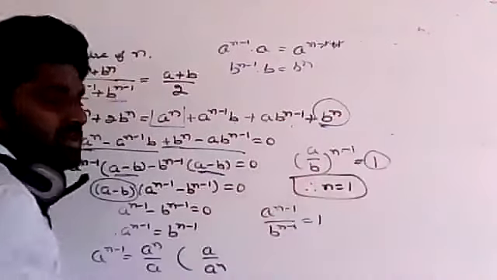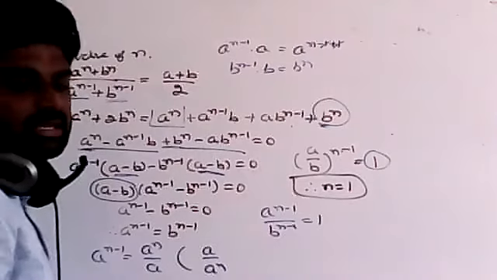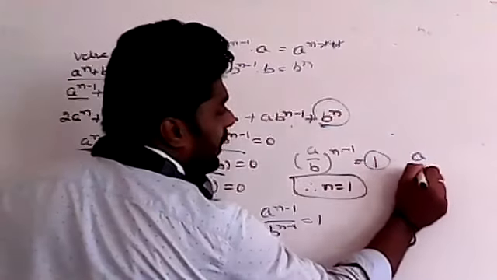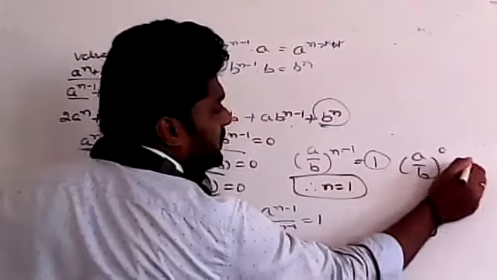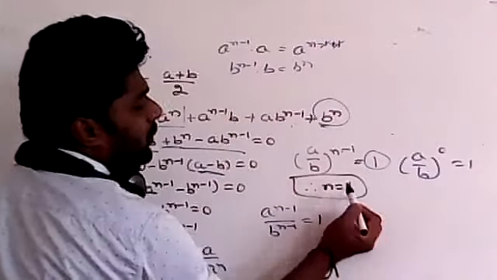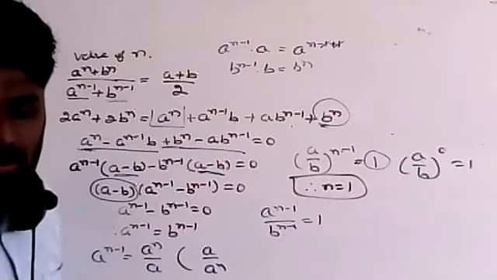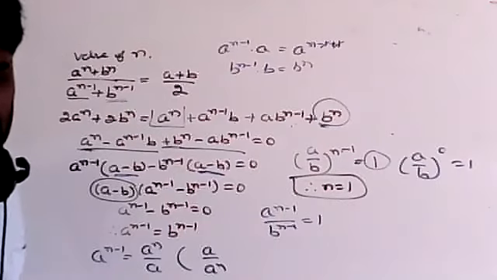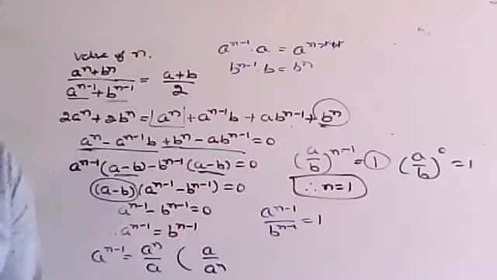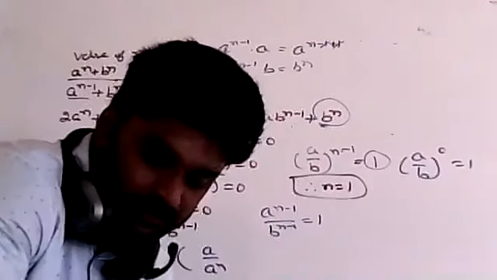When I get the answer 1, since any power of 0 is 1, b to the power of 0 is 1, this happens when I put n equal to 1. Clear or not? Any doubt? Clear, Radha? Okay. So I'll give one more problem. Just solve and tell me the answer for that one.